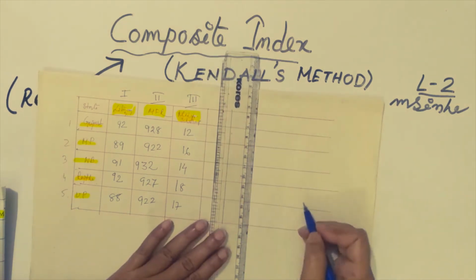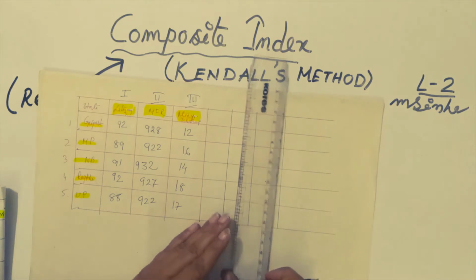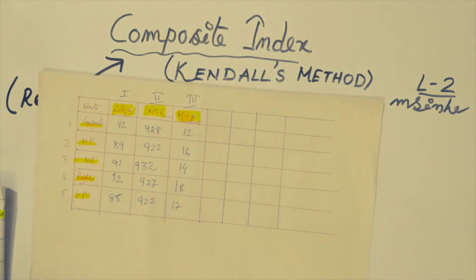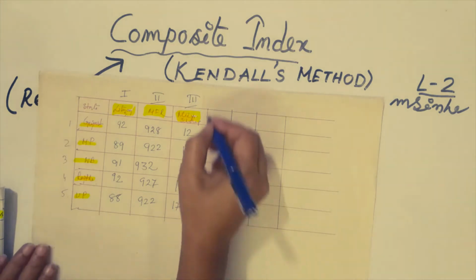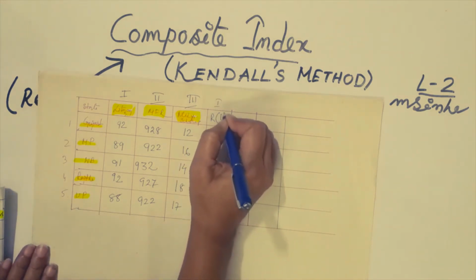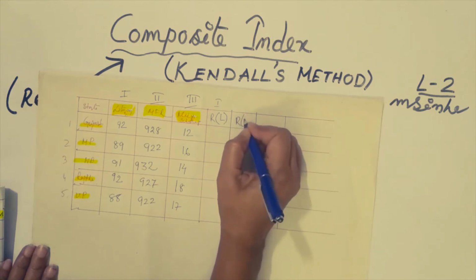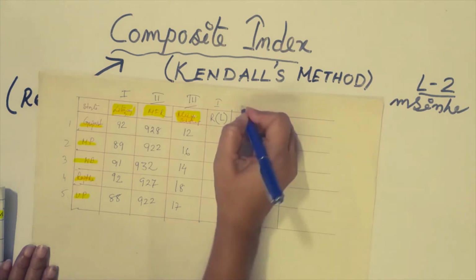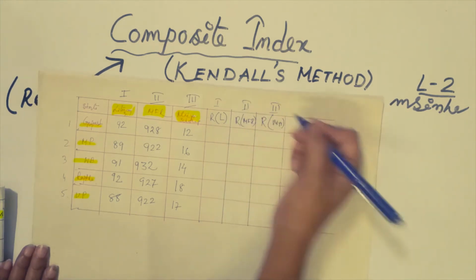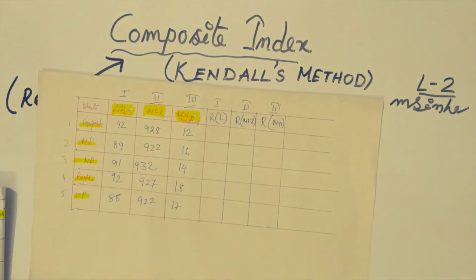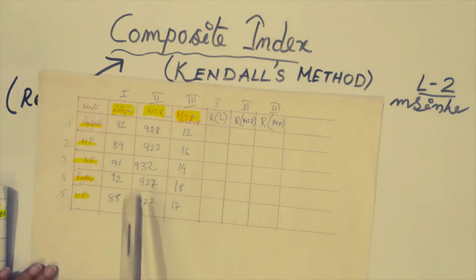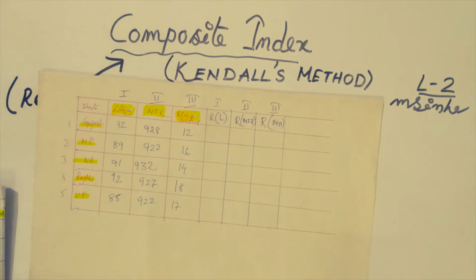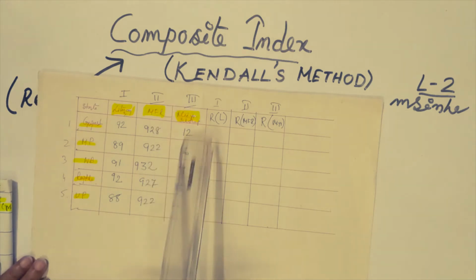For the principle of ranking, you can arrange your data maybe in ascending order or maybe in descending order. This is the rank for literacy, L for literacy. This is the rank for the male-female ratio. This is the rank for the mean years of schooling. Okay, this is rank 2 and rank 3. But you have to maintain the parity. If you follow the descending order, you have to arrange all the columns in descending order. If you follow the principle of ascending order, you have to follow ascending order for all the columns.